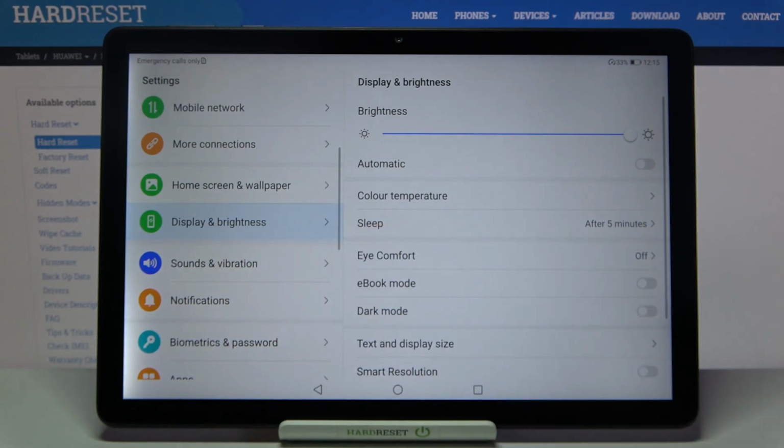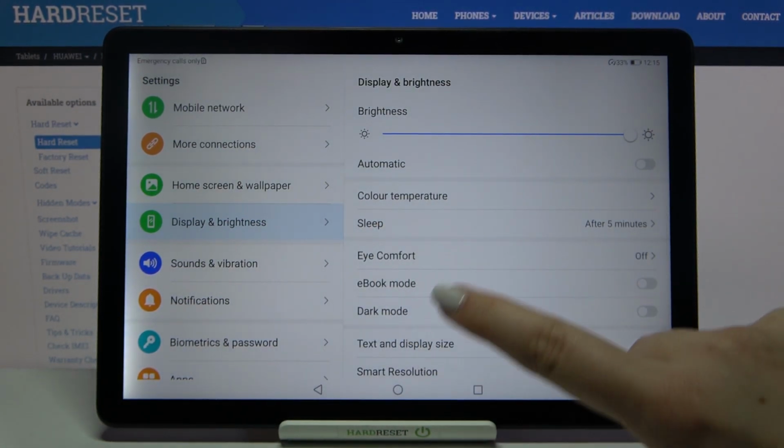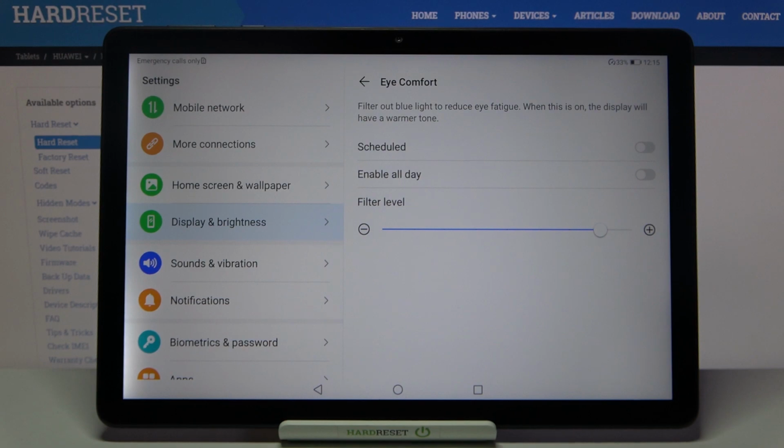Here we have to tap on the display and brightness, and as you can see here we've got the eye comfort mode, so let's tap on it. And here we've got some options to customize. First of all, let me turn it on, so let's tap on the switcher next to the enable all day,